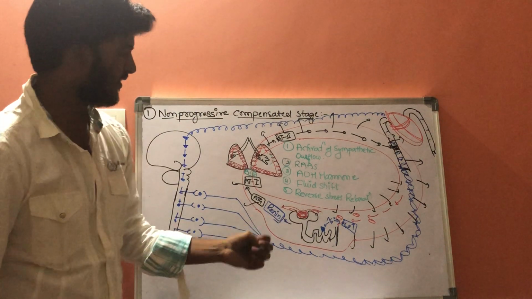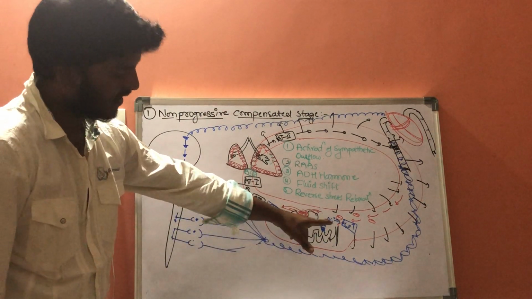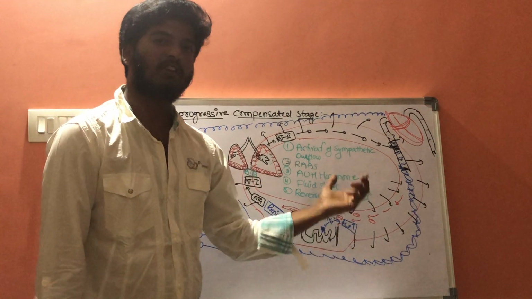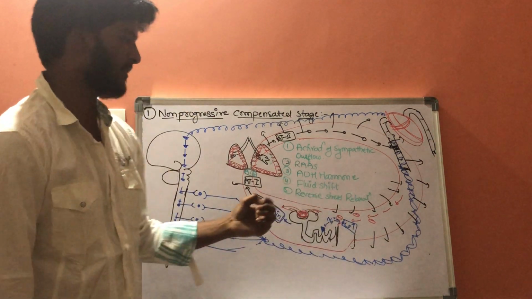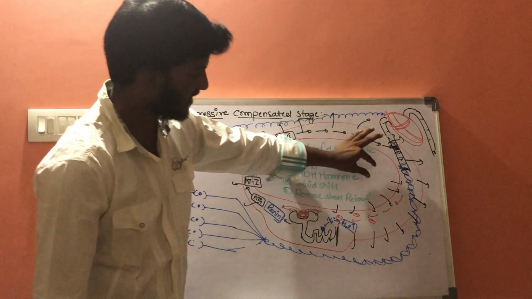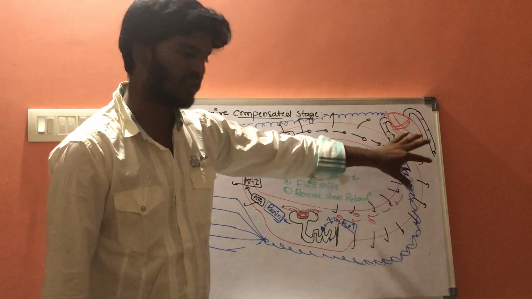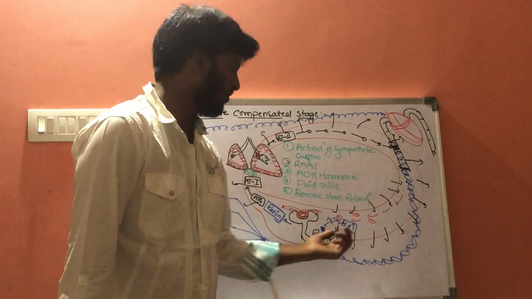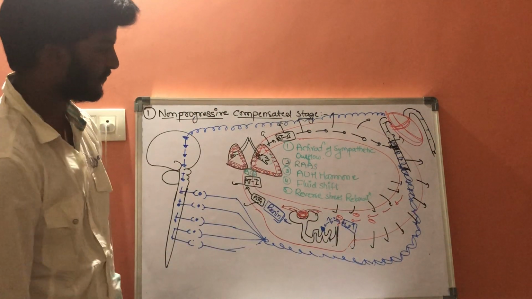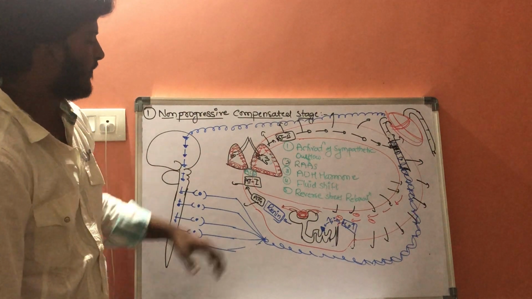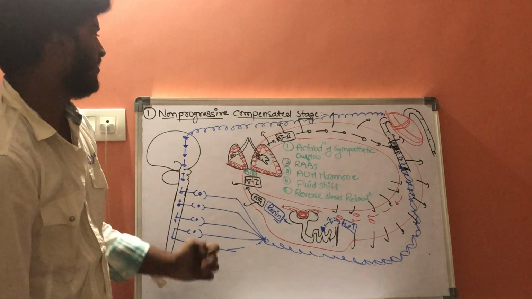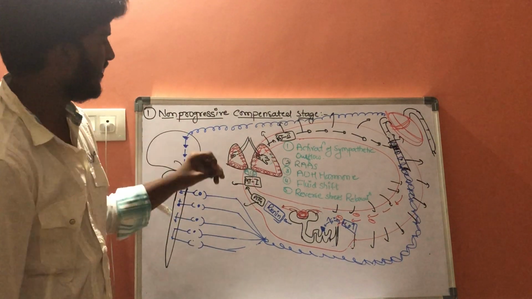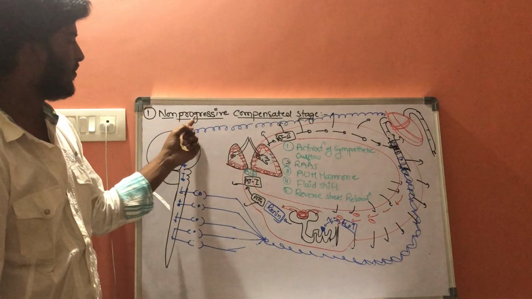Whenever ADH is present, it will increase the reabsorption of water. So whenever the reabsorption of water is taking place, it will increase the volume of the blood. And fourth one is fluid shift. Whatever fluid is present in the interstitial space will be moving towards the vascular compartment. So whenever it is moving towards the vascular compartment, the volume of the blood will be increased. And the last one is reverse stress relaxation. So these are the 5 different types of compensated mechanisms which are seen in the first stage, that is, the non-progressive compensated